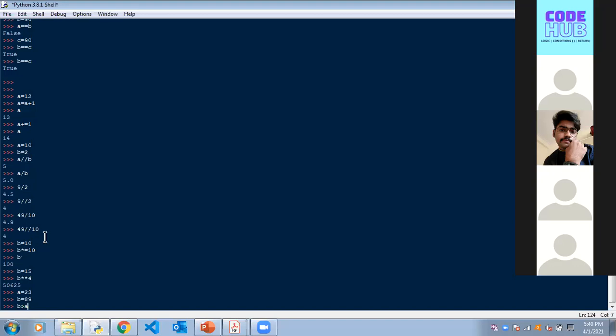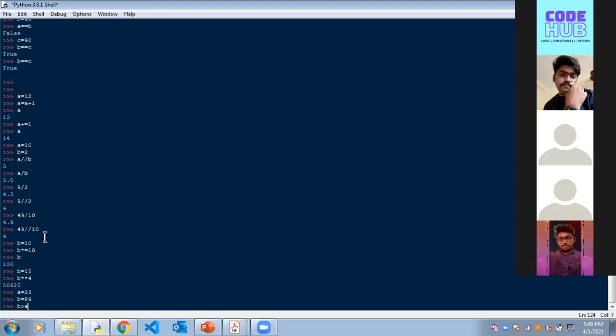B greater than A. I told you the output is Boolean, so it should be either true or false. That means B greater than A is true. Similarly, you can try others like less than and so on.